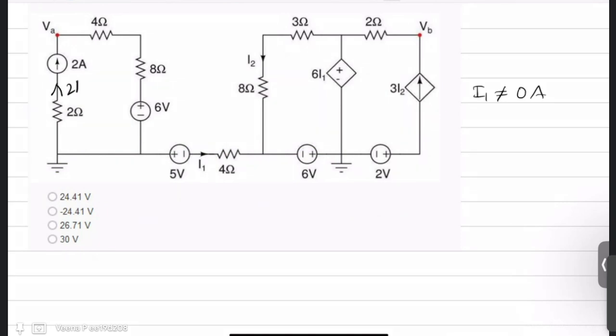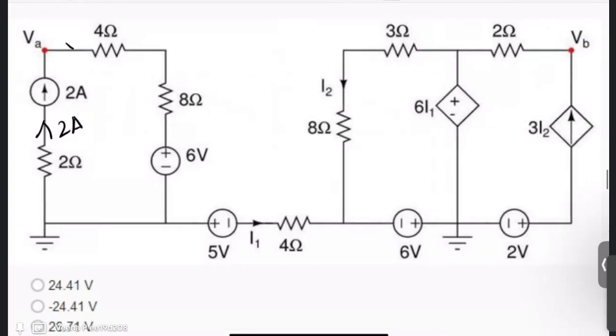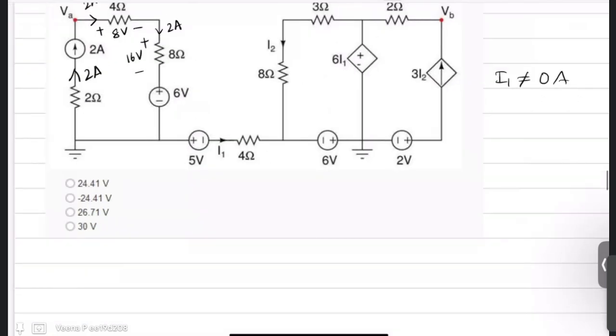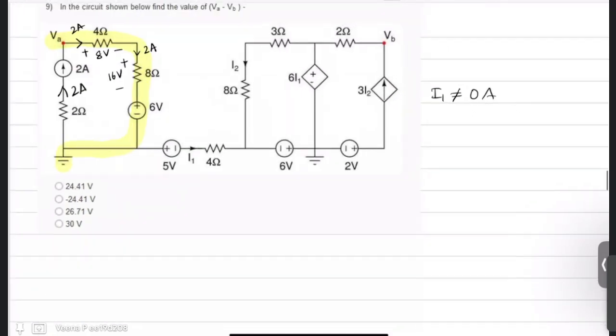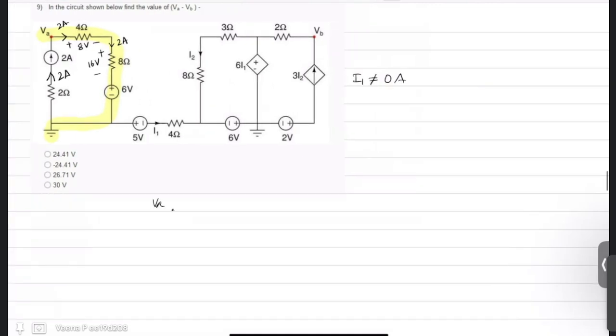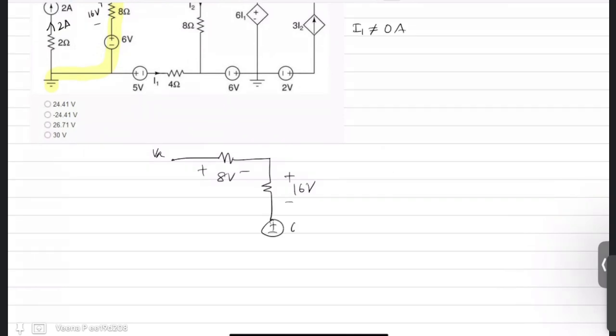So a 2 ampere current flows through this path. It will have a potential drop of 8 volts across 4 ohm. The same 2 ampere will cause a potential drop of 16 volts across 8 ohm. Now there is another 6 ohm. So if you draw this path, you have a VA, and you have plus minus 8 volts, plus minus 16 volts, and you have 6 volts, and you